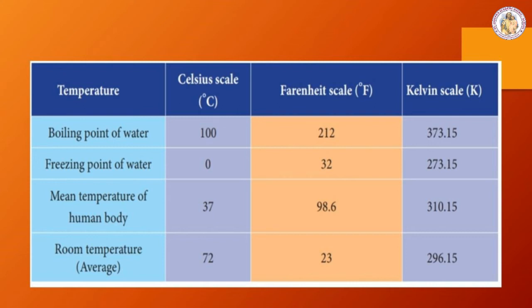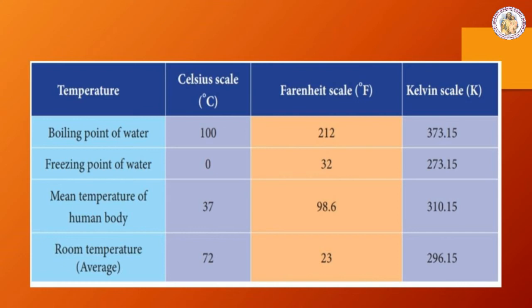Note the given table. The boiling point of water in Celsius scale is 100 degrees Celsius, and in Fahrenheit scale it is 212 degrees Fahrenheit, and in Kelvin scale it is 373.15 Kelvin. Then the freezing point of water in Celsius scale is 0 degrees Celsius, and in Fahrenheit scale it is 32 degrees Fahrenheit, and in Kelvin scale it is